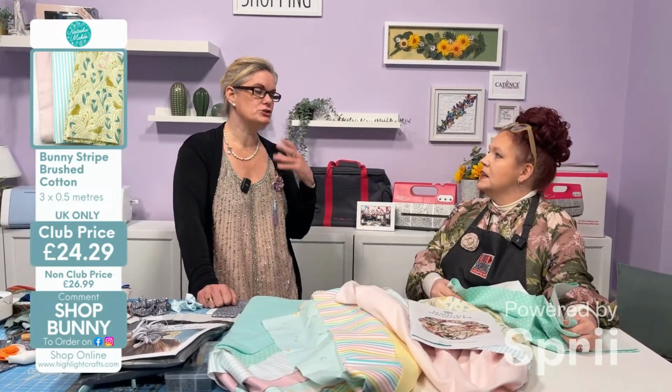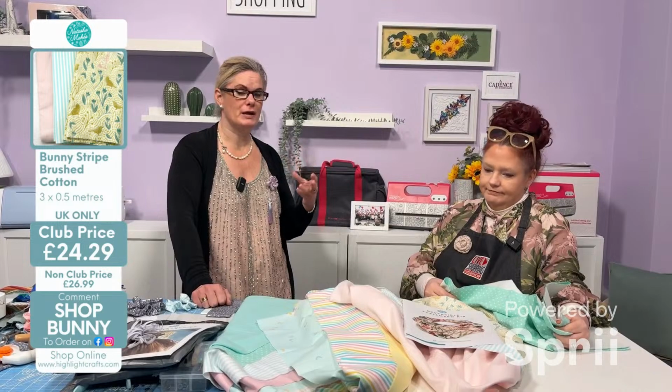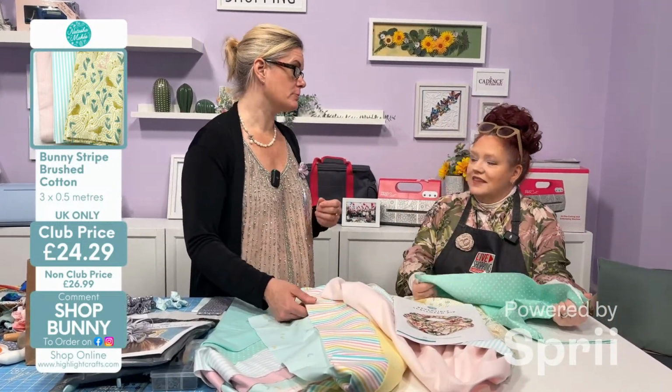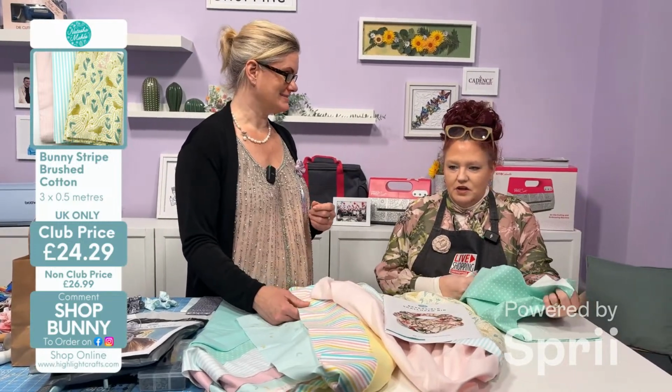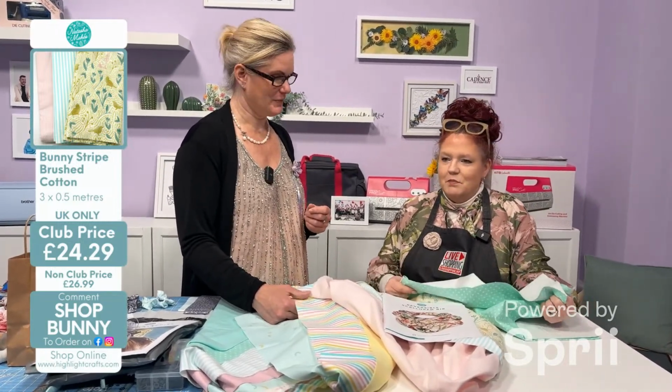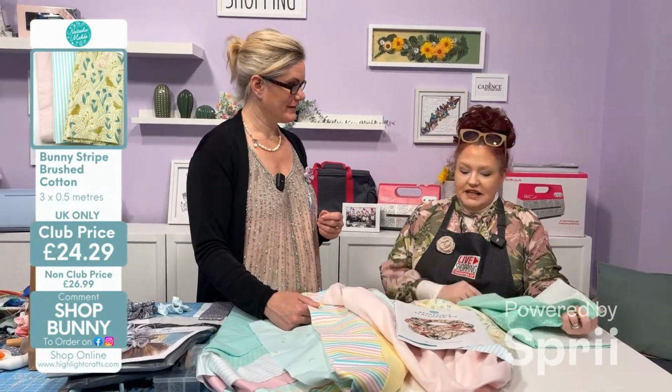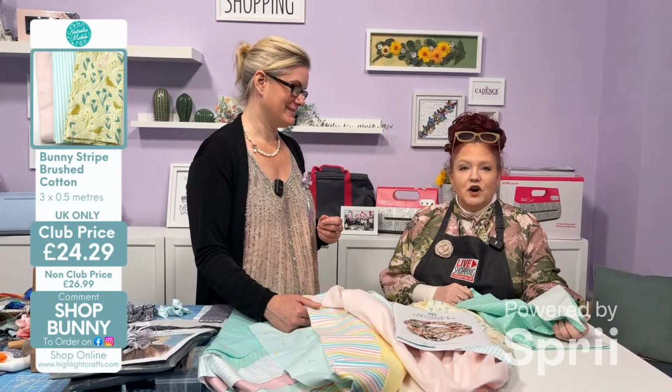With your leftover bits, do the reusable wipes, your makeup wipes. This feels beautiful for eye makeup removal, by the way. That's what I use mine for. As soon as I thought, hold on a minute, this has got multi-use for this. And then, as an add-on, because there was a little bit more of this one, you've got Shop Teal,